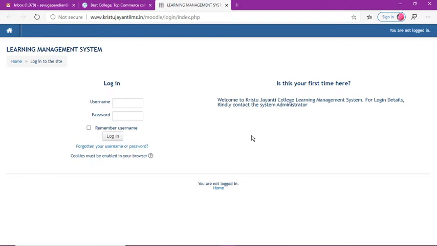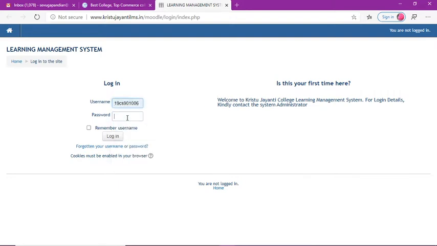So the username is nothing but your register number, and the password is the common password we have given. So you have to change your password. What we have given is register number underscore 123 either star or hash. So that is the common password we have given. Once you get inside, you have to change the password. That is a mandatory process. Okay, let me take one example and I'll show you.